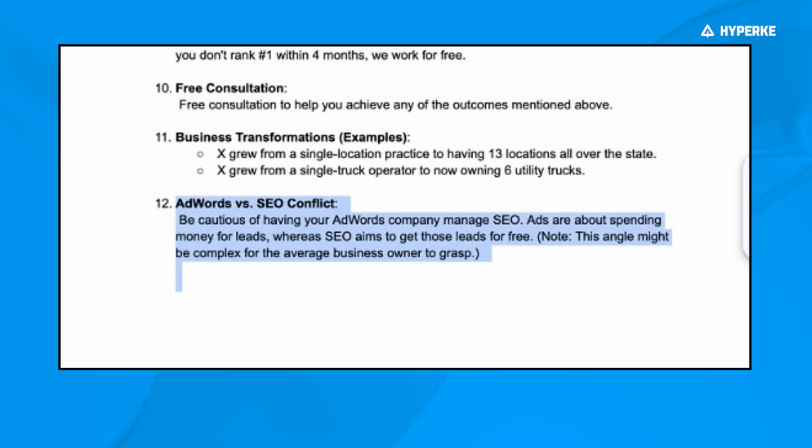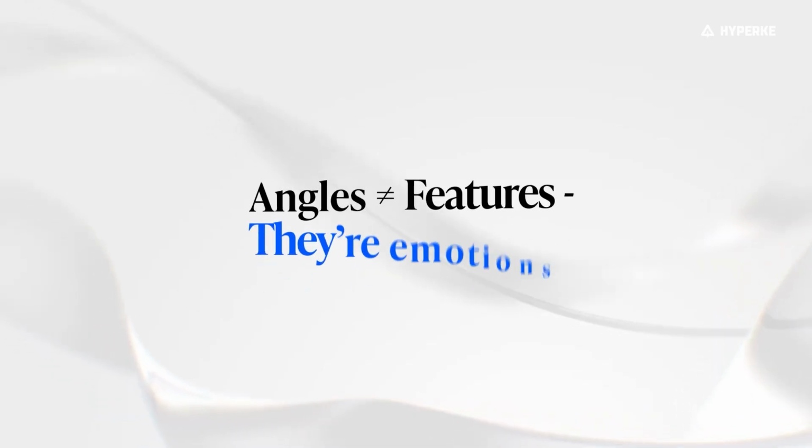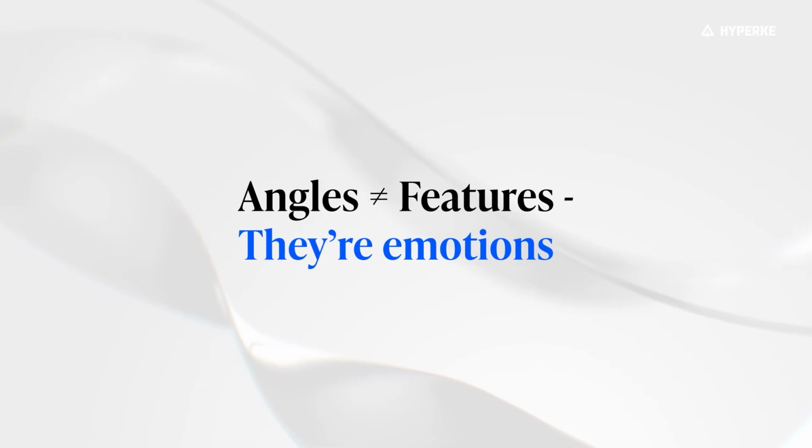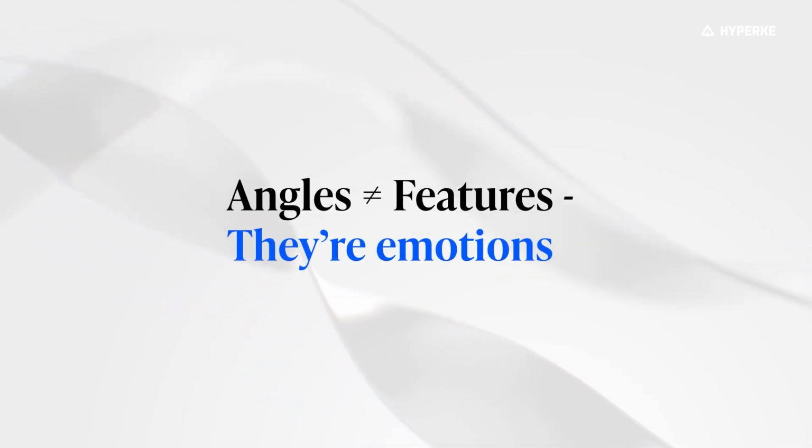Ads are trying to get you to spend as many dollars as possible to get people to your website, whereas SEO is doing the exact opposite. It's getting people to your website without spending that money. So ideally, you want two different parties managing ads and SEO so that your ads keywords are separate from your SEO keywords, or not separate entirely, but there's not much overlap between the two sets of keywords. So this is how you can come up with offers just by looking at a service and reverse engineering